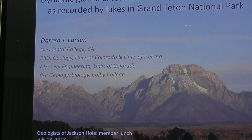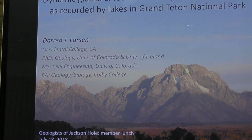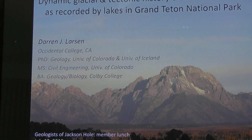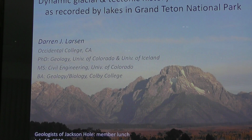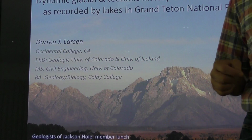Assistant professor at Occidental College. His parents live here, what, half the year, I think you said, roughly, something like that. And it's a story you've heard many times before. He was inspired by seeing the Tetons. So, you know, hence that's probably at least a little bit of a motivation on his work, though there's some